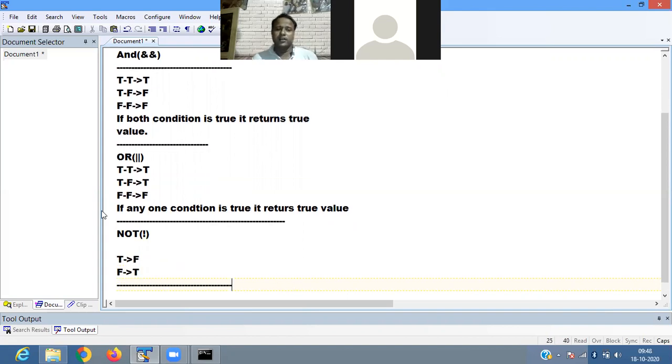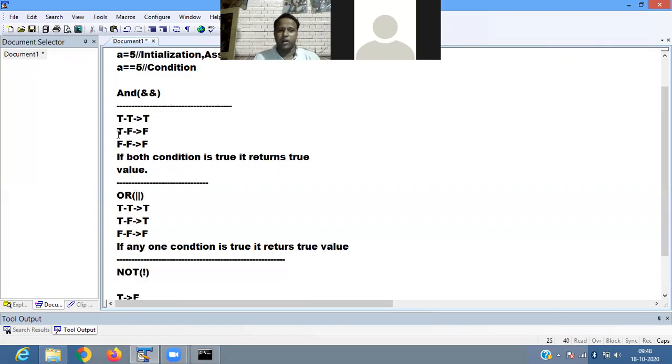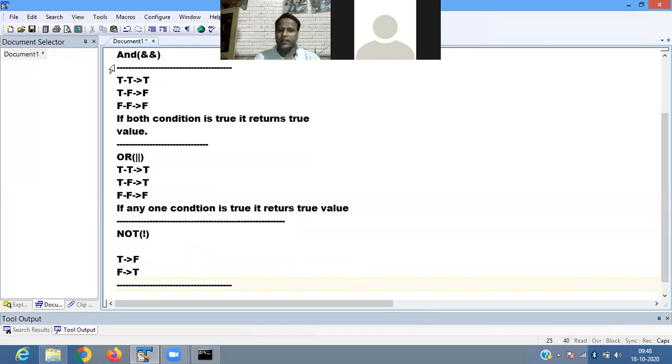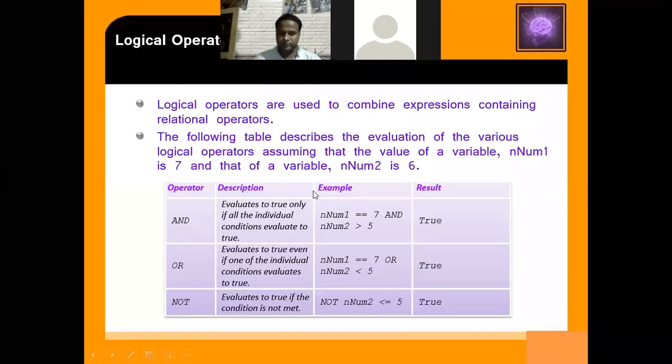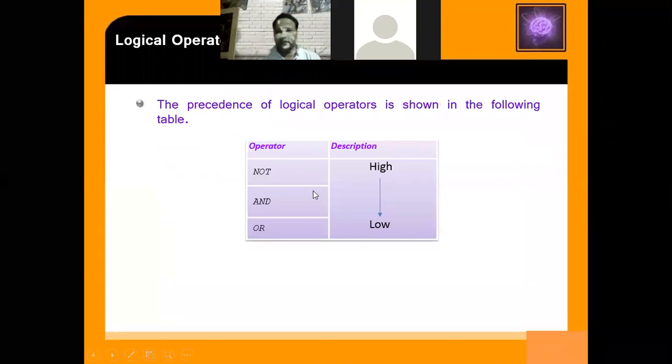So these are the three logical operators we're using. One is and, or, not. And it is called the precedence.